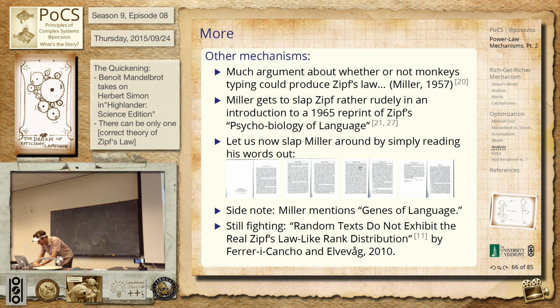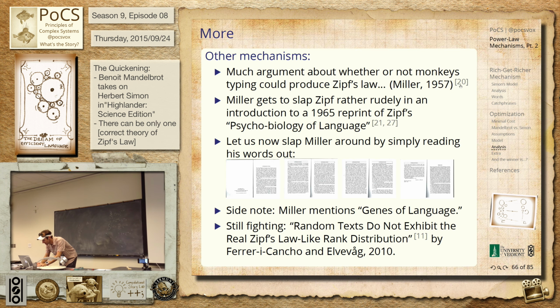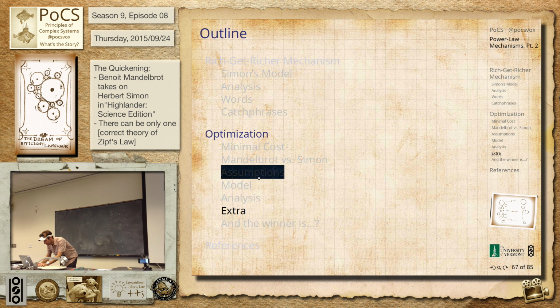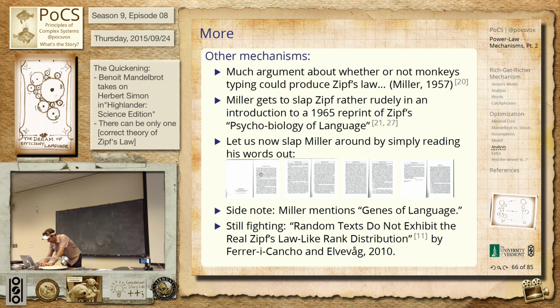Let me read out some of his stuff. It's kind of fun. Miller. Can I get to those? Oh, I don't think I can. Basically he says, you can zoom in on those, that